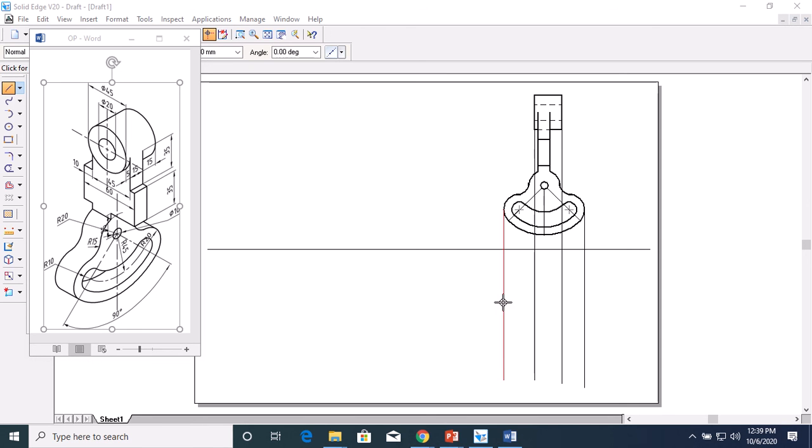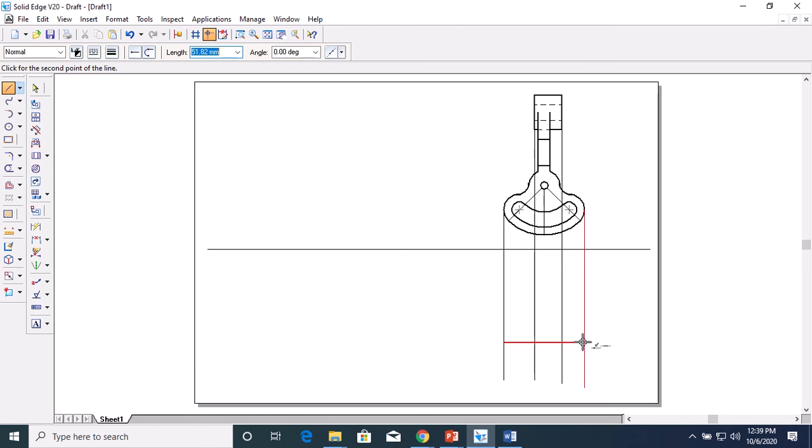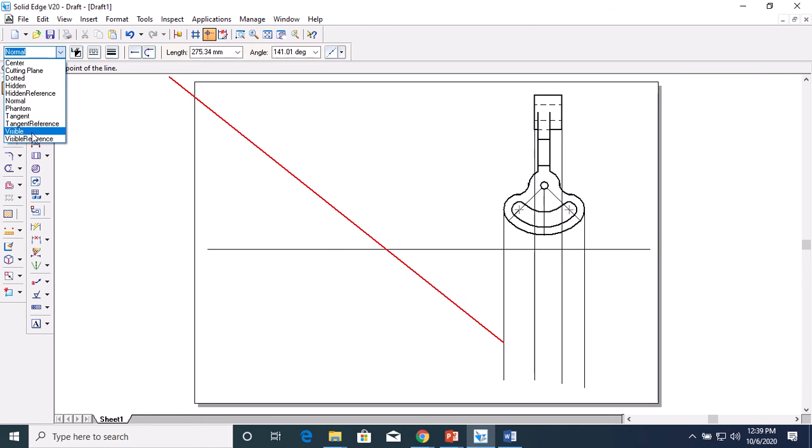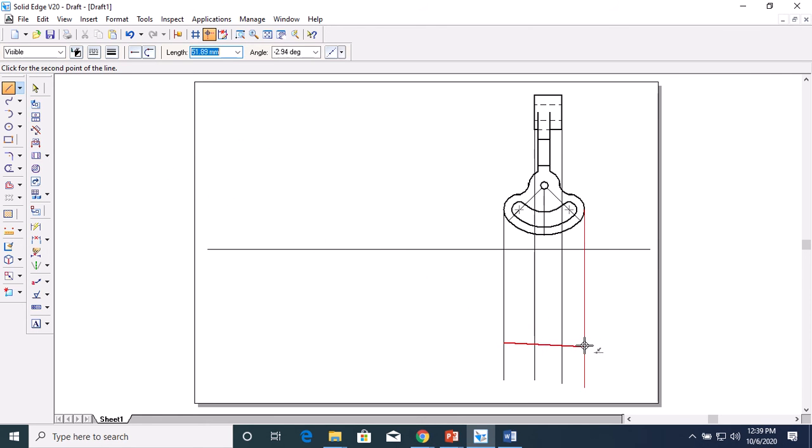So you just take a box here with visible line, with 20 mm width. 20 is nothing but you have to reduce the dimension into 10 and 90.